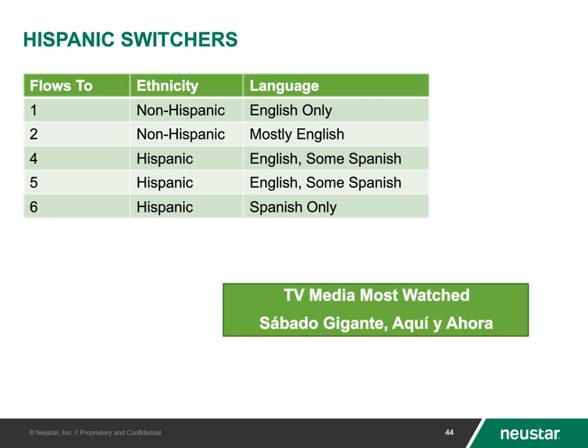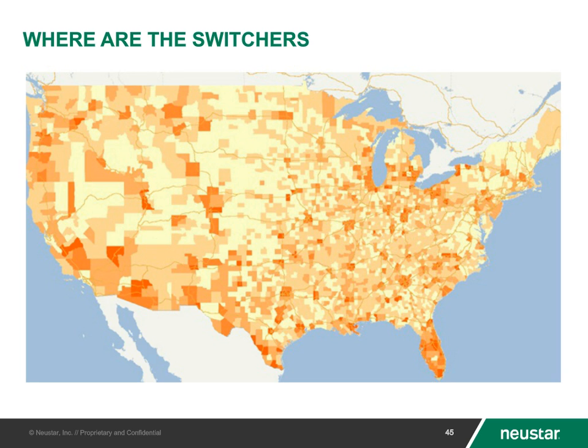These are the kinds of insights that you have to be able to support with your underlying analytics framework or your segmentation solution. And then you can also tie it in to media to understand how to intervene. Then you look across markets to understand where these pockets of switching are occurring,